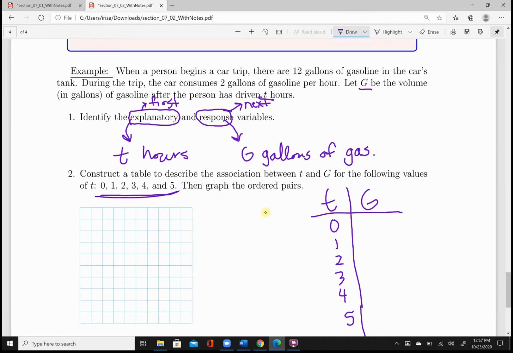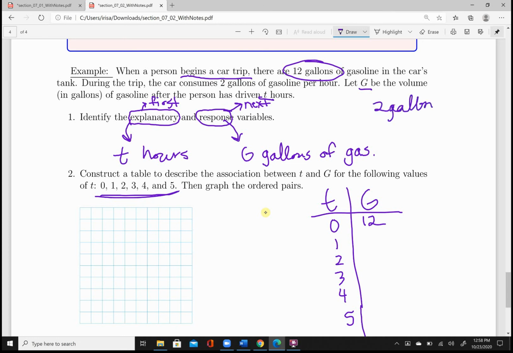With the scenario, consider that the car hasn't been driven at all. We're at the beginning of the car trip. It is said that there are 12 gallons of gasoline. So that should mean that if I've driven the car for 0 hours, I am at 12 gallons. Not necessarily a full tank, but that's how many gallons of gas were read to be contained in the tank at the beginning. And if I am consuming 2 gallons per hour, so that's 2 gallons